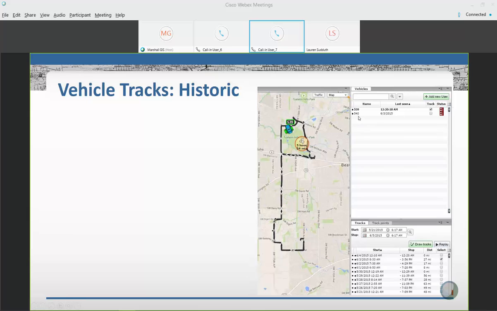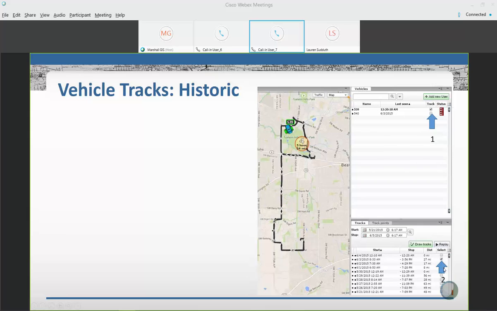Besides drawing today's track by right-clicking on the vehicle, you can also view historic tracks from yesterday, last week, last month. Just by clicking that track that I mentioned earlier, you check the track checkbox. And then down below here, you can pick the schedule of when you want to see those tracks. So you can put your start day and then your stop day, and then hit this little search button, and it'll bring all of those days' tracks for those. And you can see real quick when the vehicle started its day, when it stopped, and its whole distance that it drove. So this is the first step, picking the track,